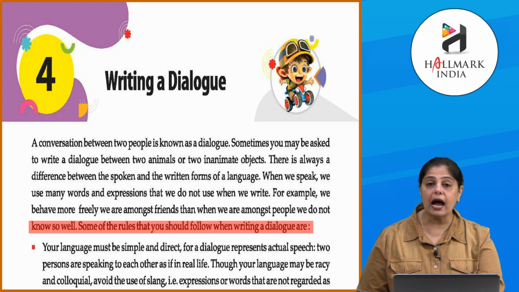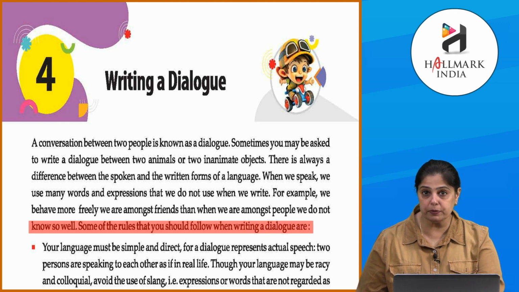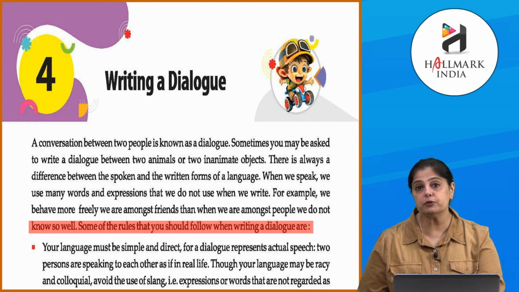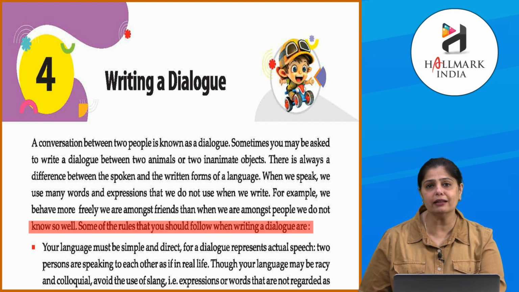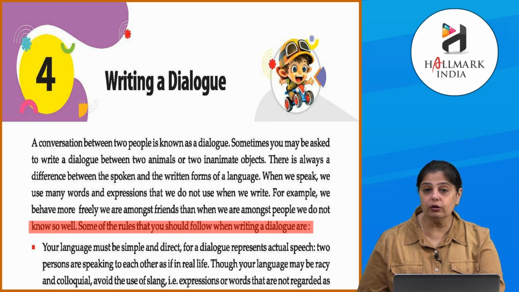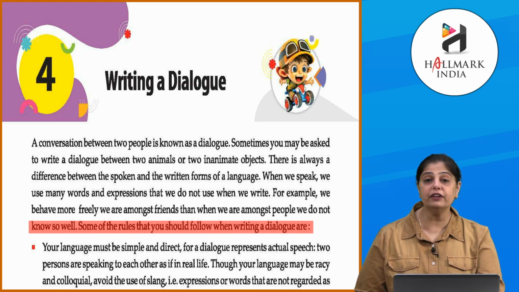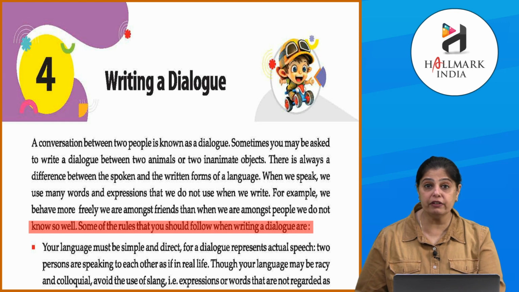So बच्चों, ये डायलॉग जो होता है ये दो लोगों के बीच में होता है. ओके, और यहाँ पे कहा जाता है कि ये दो लोगों के बीच में हो सकता है, एनिमल्स के बीच में हो सकता है या थिंग्स के बीच में. सो बच्चों, जनरली क्या होता है जब हम कुछ बोलते हैं, ओके, और जब हम कुछ लिखते हैं उसमें बहुत सारा फर्क होता है. सो व्हेन वी स्पीक वी आर फ्री, ओके, स्पेशली व्हेन वी आर विद आवर फ्रेंड्स. तो हमारे मन में जो आता है हम बोल देते हैं.